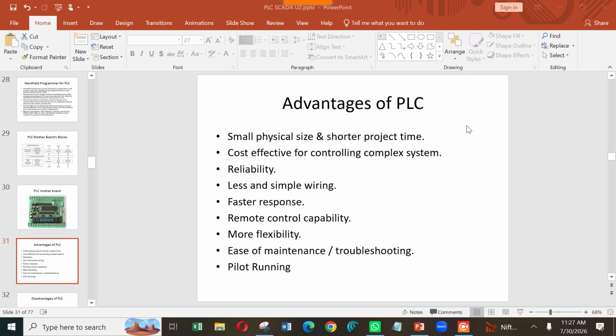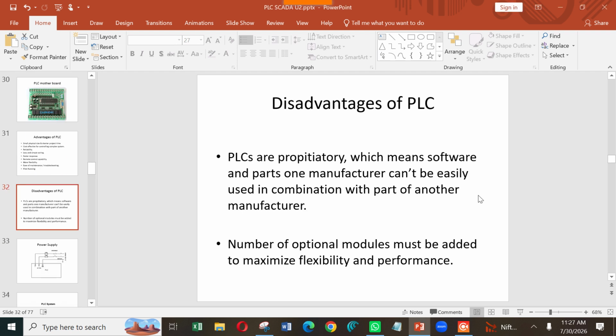Then what about the disadvantages? This first line is very, very important. Proprietary. What does it mean? If you buy a PLC, you need to buy the software also. Or if you want to add some additional modules, then you have to buy their recommended modules only.